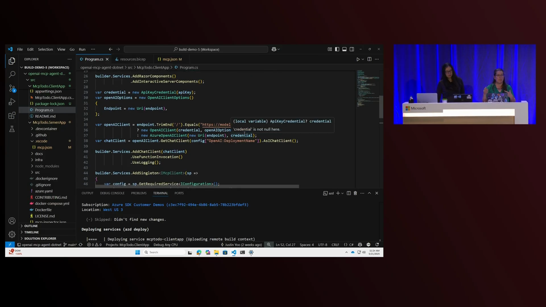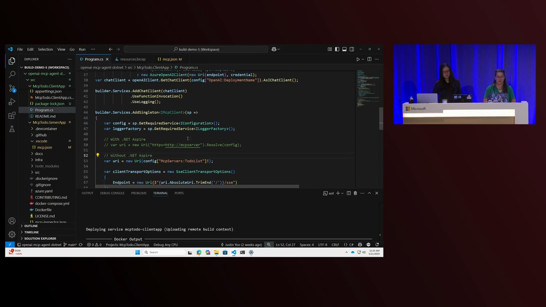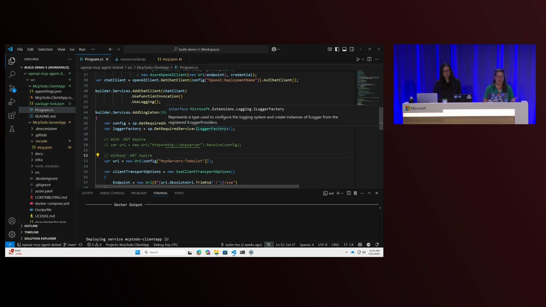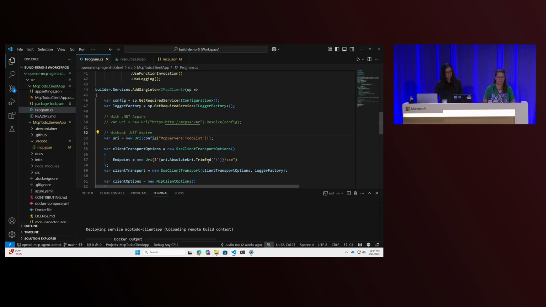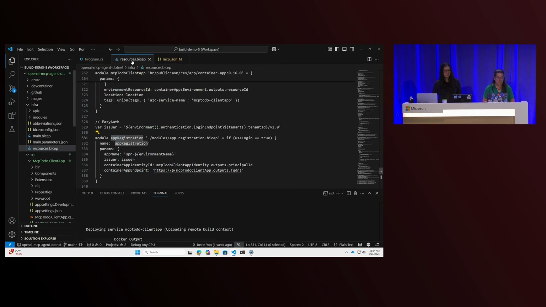And if you swap out models, like Rong was talking about, any OpenAI compatible model will work with this code. And then we're also leveraging the MCP SDK for SSE as well. If we look at our bicep while things are deploying, we are doing this securely. We are creating app identity so that the two can talk to each other.